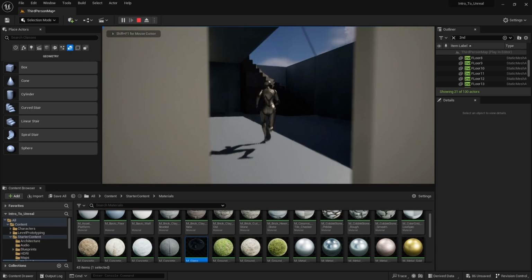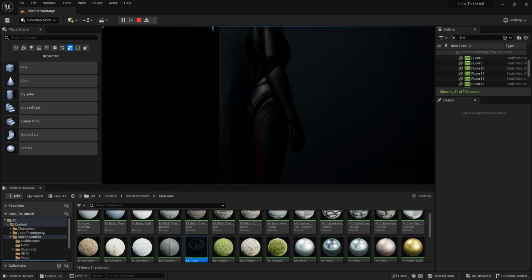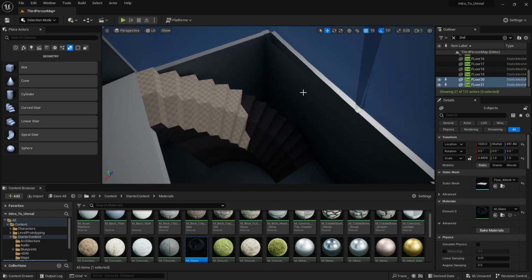Oh, my game is incredibly laggy. Oh, and I've fallen behind the stairs. Let's go ahead and fix that. Yes, we have a hole back here. Gotta patch that up. So we're gonna go into our brushes, and I think the best way of doing this